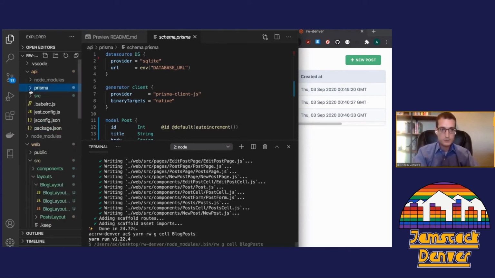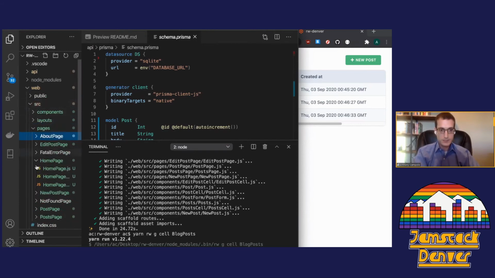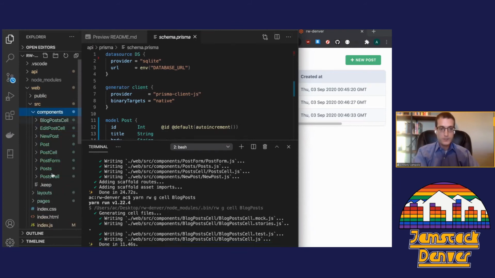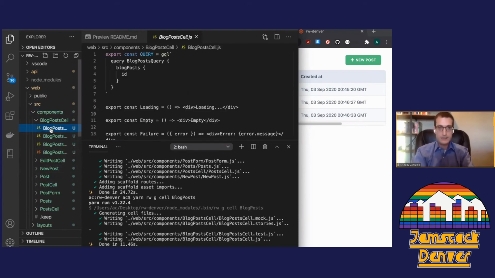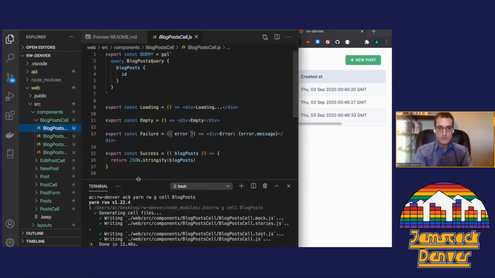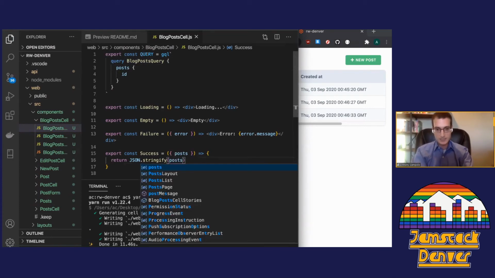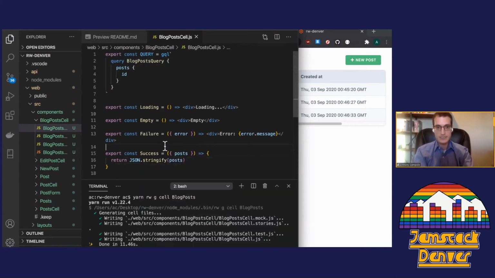So now this is in our web front end. We've looked at layouts, we've looked at pages, but we haven't looked yet in our components folder. This is all the stuff that was generated when we did the scaffold, and this is the stuff I go into in the articles and don't really have time to talk about. But what we want to look at right now is our blog posts cell. Right now, this is basically our cell as a default. We only have to change a couple things. We want to change this to posts, that to posts, that to posts. This is so everything speaks the right language. Our schema definition language and our services all had this as posts. So we can bring this in now